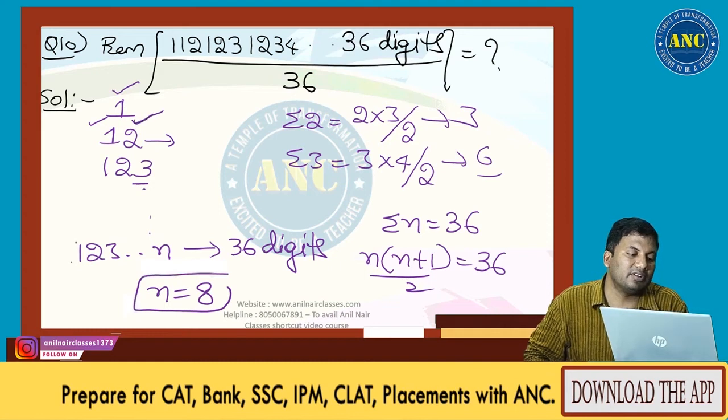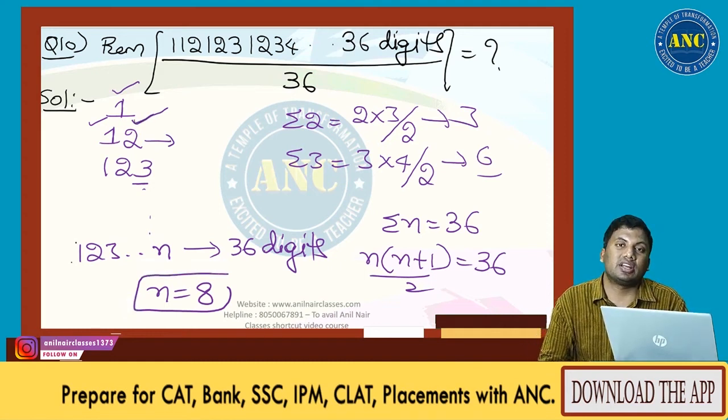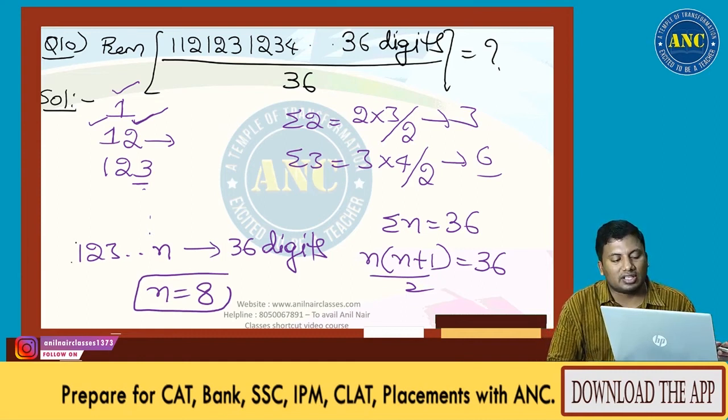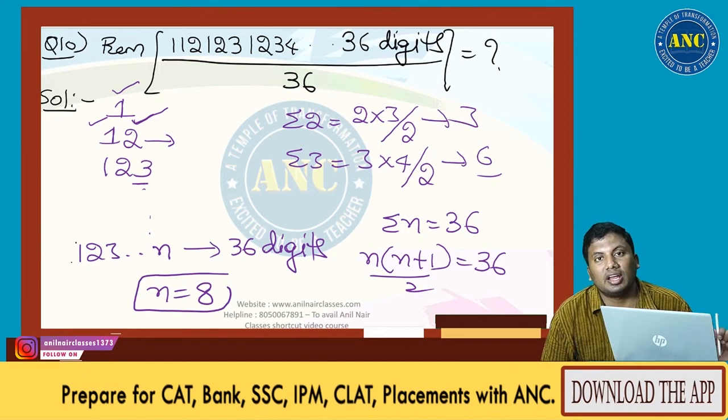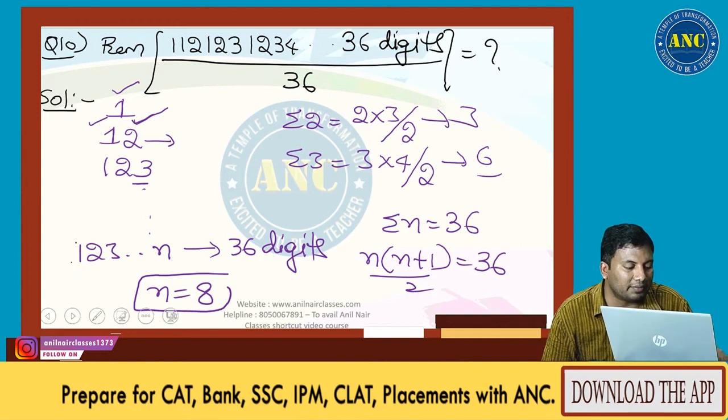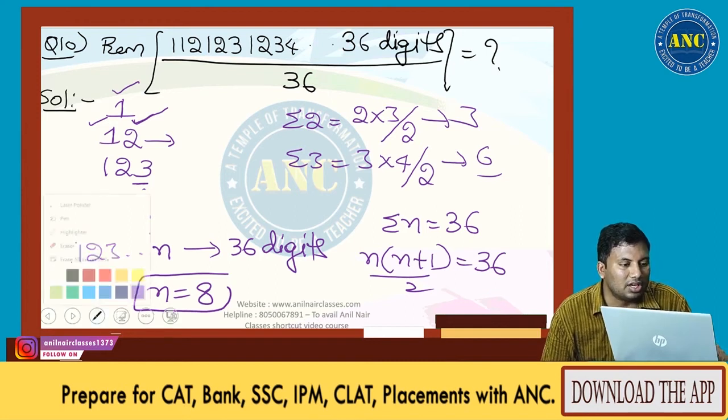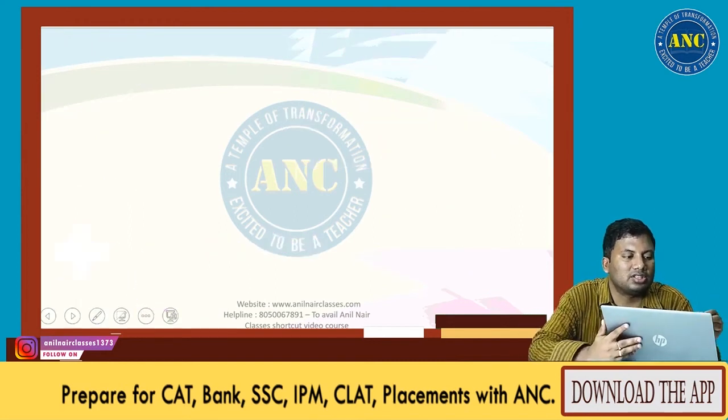If it is ending with n, total digits are summation n. N into n plus 1 by 2 is 36. N value is 8. That means this entire question is nothing but a